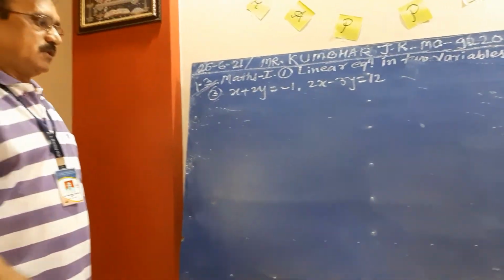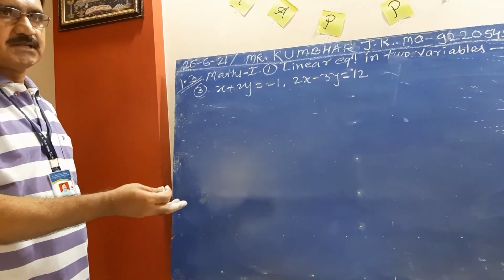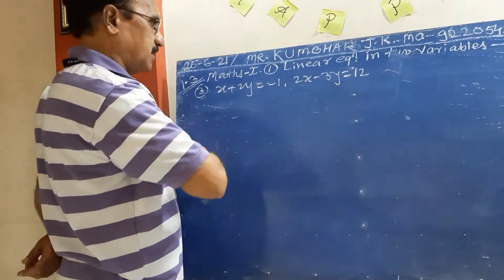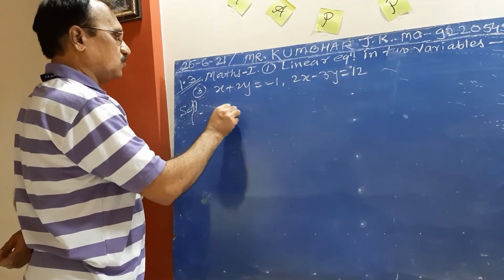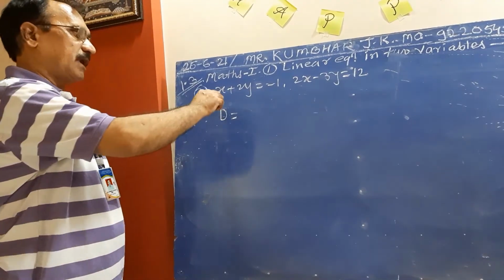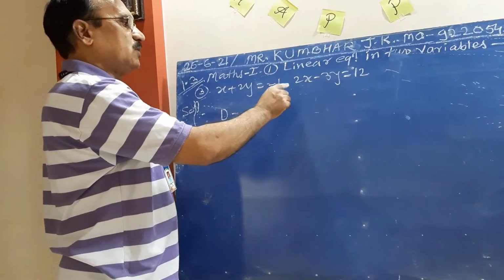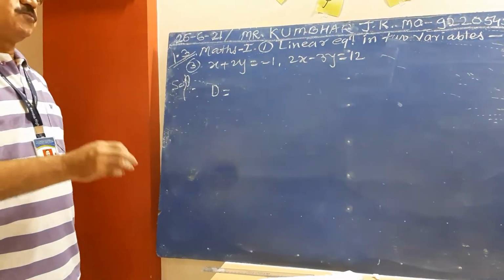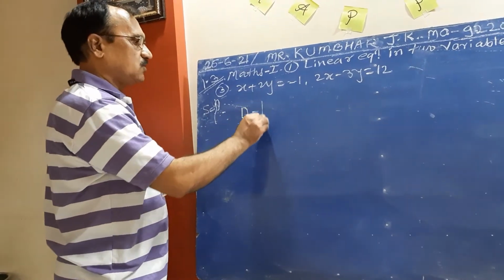Which is our first step? First observe whether the given equations are in standard form or not. If these are not in standard form, convert them to standard form first. Here these two equations are in standard form. That means first we have to find the value of the determinant. For your convenience, you can write a1, a2, b1, b2, c1, c2. If you know the values of a1, a2, c1, c2, then you can write D directly.